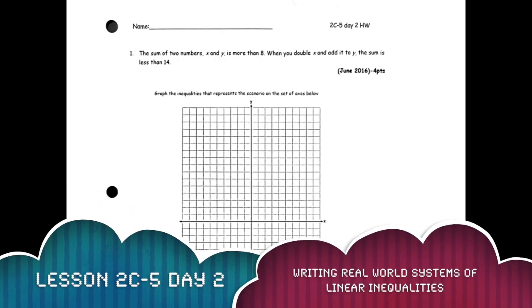Today we are going to be going over the homework from lesson 2C-5, day 2. All right, so these are all Regents questions, so keep that in mind when you're doing this. You want to be super precise, and you want to make sure you answer all parts of the question. So, number 1 says,